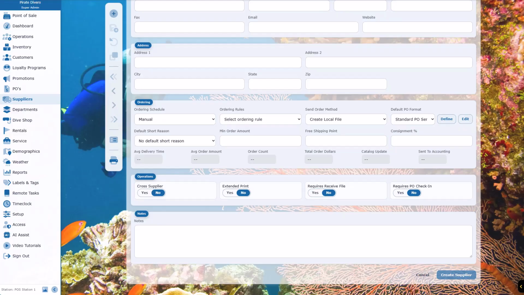shipping. Consignment % is available when inventory is supplied under a consignment arrangement. The supplier metrics are read-only results produced by purchasing history. Average delivery time helps buyers understand a typical lead time. Average order amount, order count, and total order dollars summarize the relationship. Catalog update shows the freshness of connected pricing data, and sent to accounting identifies accounting activity where that integration is